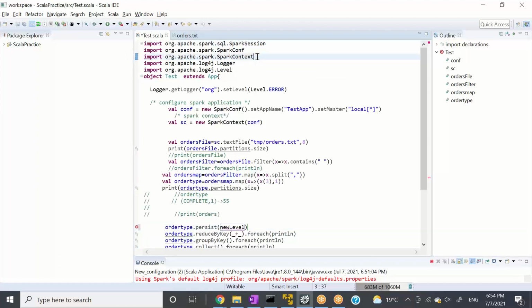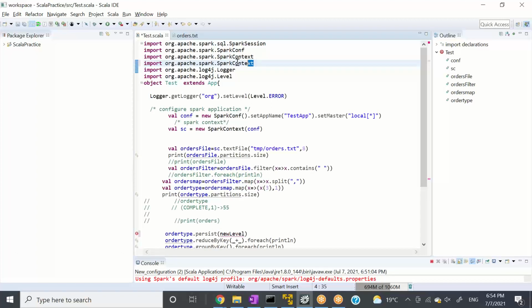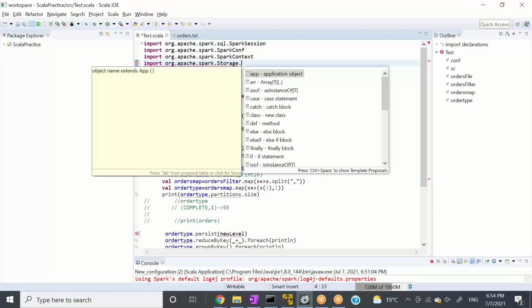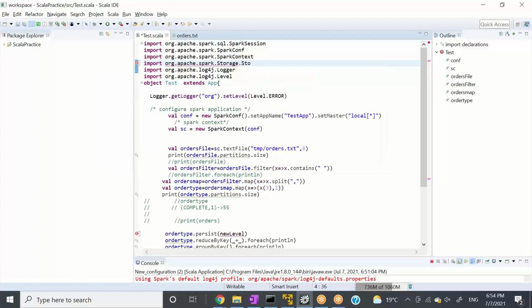org dot apache dot spark. So we'll go here, and we'll say storage level. Like this.